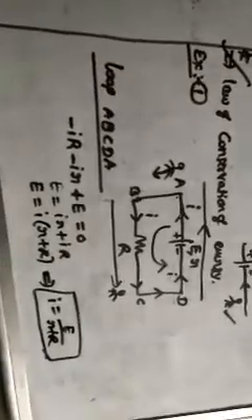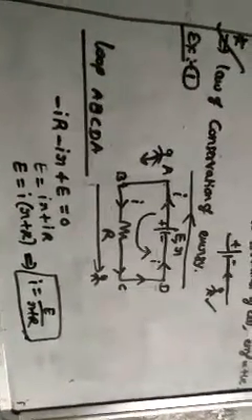When we are moving from D to A, the loop direction is from D to A and the current direction is also in the same direction. Here the potential difference across the internal resistance is minus IR. But in the case of the cell, first you are touching the negative terminal and after that the positive terminal. That is why EMF will be positive. Okay? So E is equal to IR plus IR, E is equal to I of R plus R. So automatically I is equal to E by R plus R. So you got the formula. Like this I applied Ohm's law here. Check it carefully.